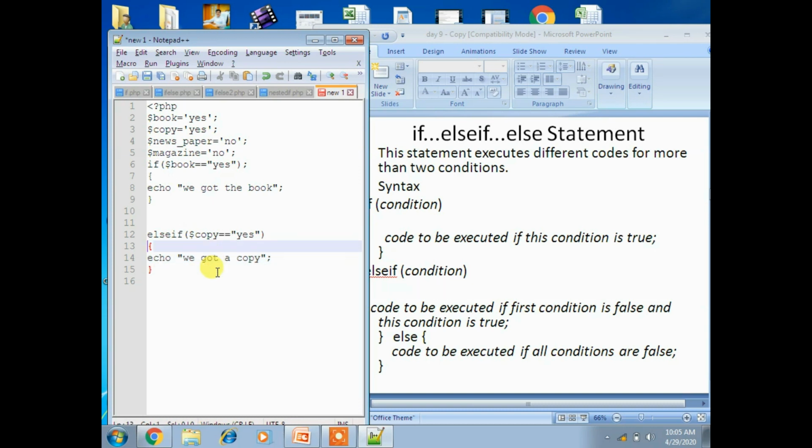And then you can have another else if for newspaper. Else if $newspaper == "yes", and here I am writing a condition that echo "we got the newspaper."